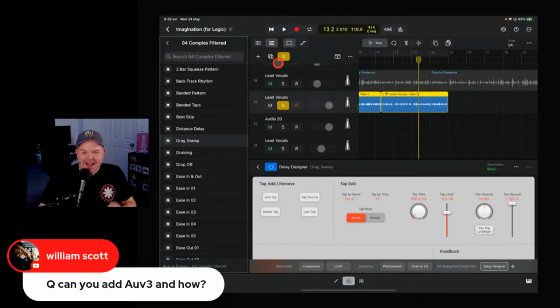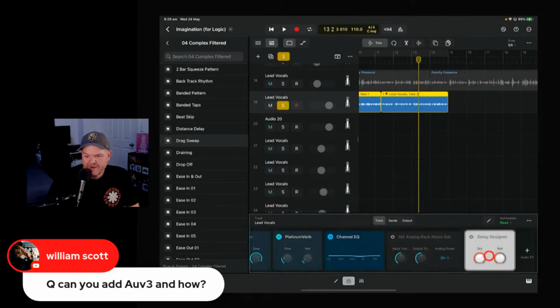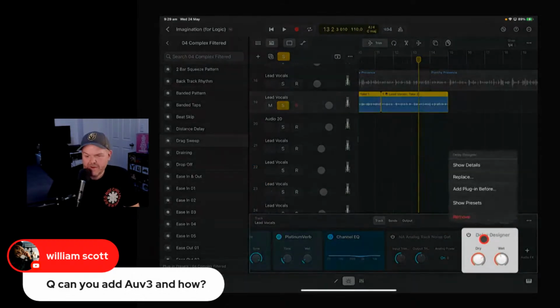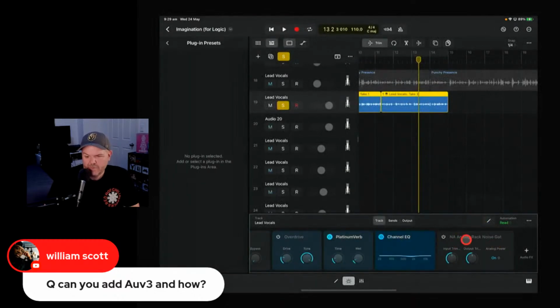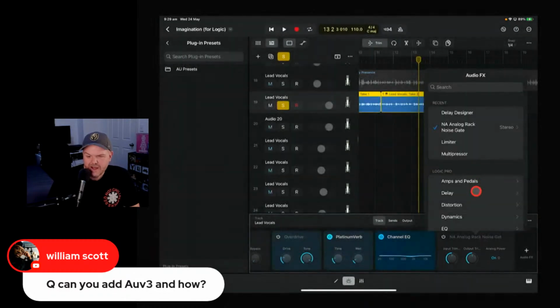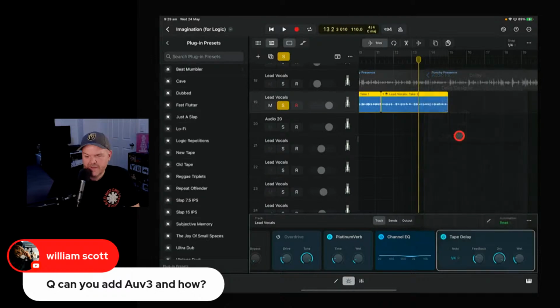Yeah, maybe not. So we've probably chosen the wrong effect there, but no problem. We can just turn it off and it's gone, and we don't have to worry about that. To delete a plugin, by the way, just tap and hold on that one and hit the remove button. You can also replace the plugin. So if we didn't want this noise rack, which we don't, we can tap and hold on that one and replace it with something else. So let's instead just put a tape delay on there instead.